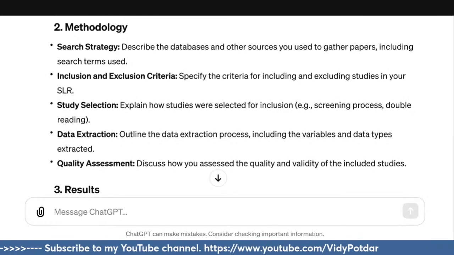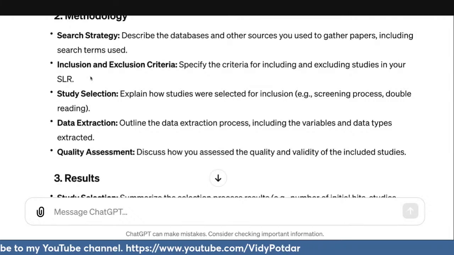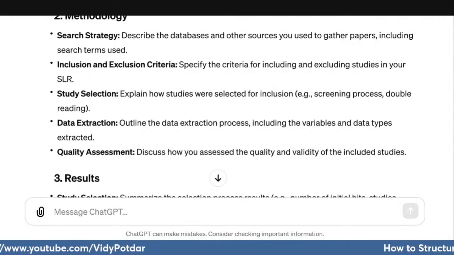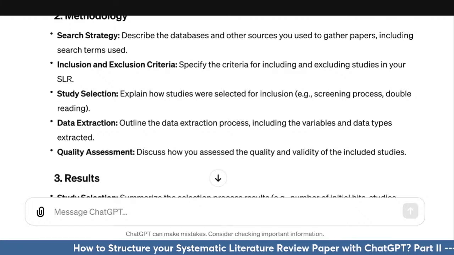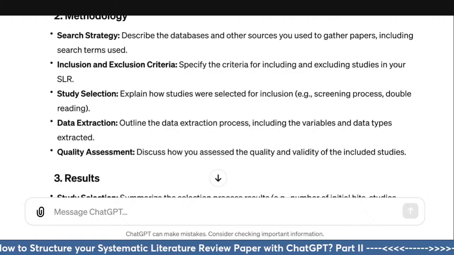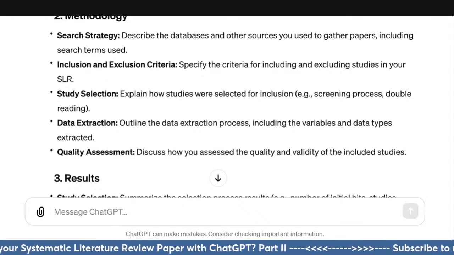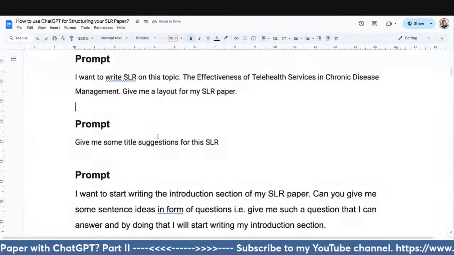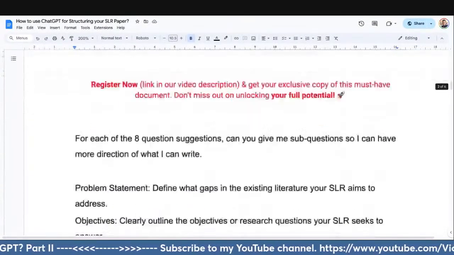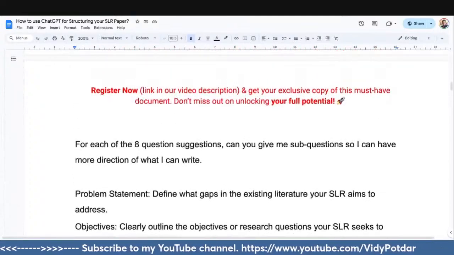You can do the same thing for inclusion and exclusion criteria, study selection, data extraction, and so on. I will also run this later on and share more and more prompts in this document, so you can